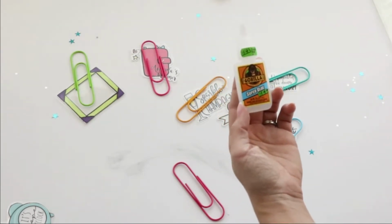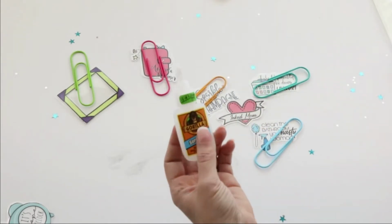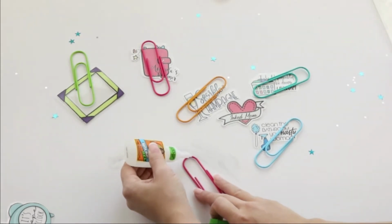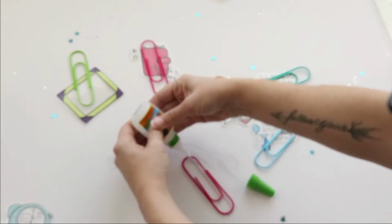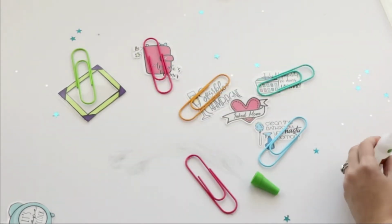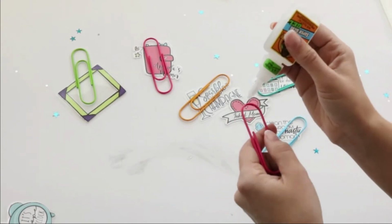I have Gorilla Super Glue Gel, and it literally says right there, shake well. It's supposed to come out as a gel, not a liquid. If it is coming out like a liquid, obviously, you gotta shake it up. And it's not coming out. Okay. So it's still kind of liquidy, but